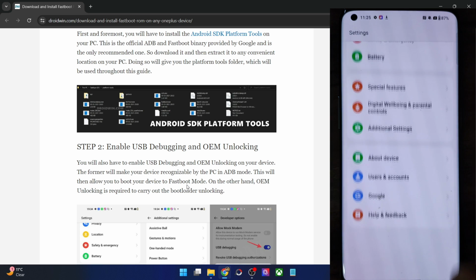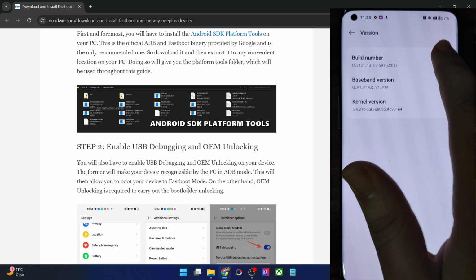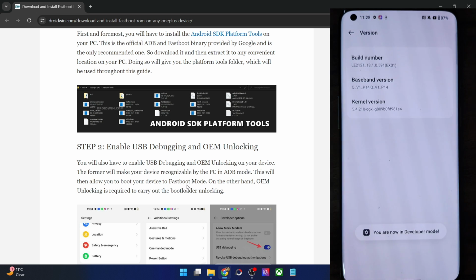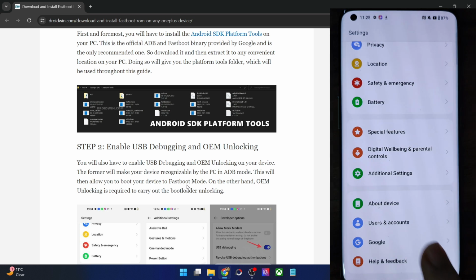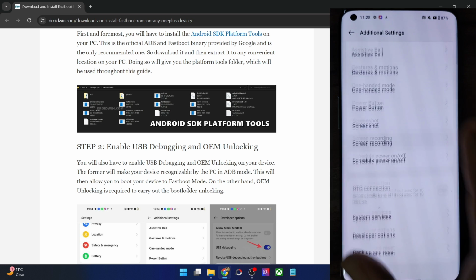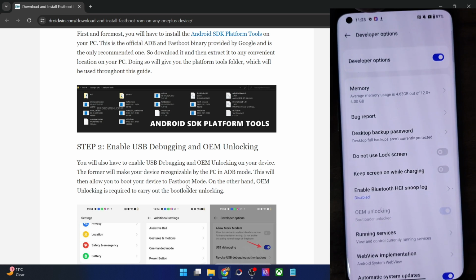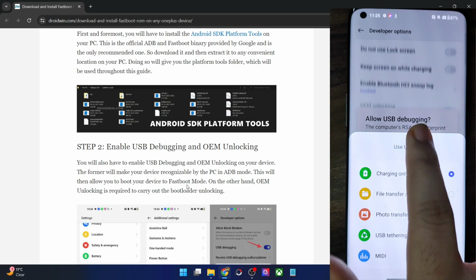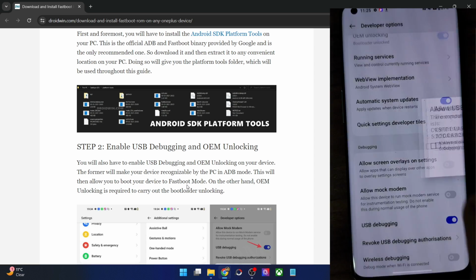So go to the settings menu, then go to about device, go to version, and tap on build number 7 times. You will get a prompt that you are now in developer mode. Now go back, again go back, go to additional settings, and you should now see developer options. So go there and then enable the toggle next to OEM unlocking. Let me show you.